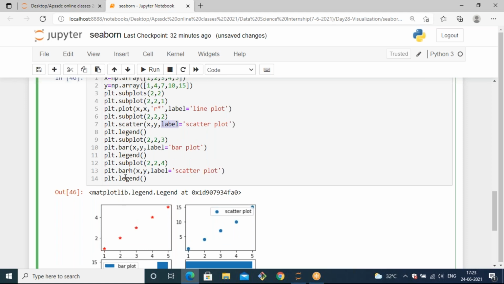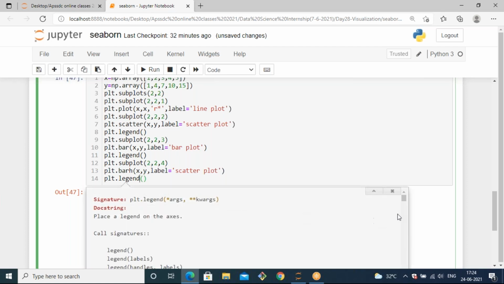When you give plt.legend, only then you will get the label names. If I make it a comment, okay, when you make it a comment also you will get it, but you can specify the position here, I think.